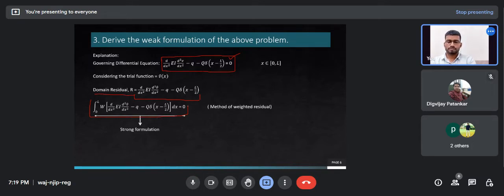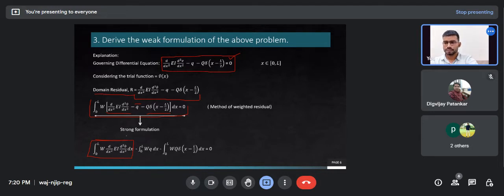With the strong formulations of the weighted residual method, from this we find out the weak formulations, right? Here I have split the terms. This is the first term, I have taken this term as the second term, and this one as the third term, right? And once we do the integrations by part of these terms and expand them,